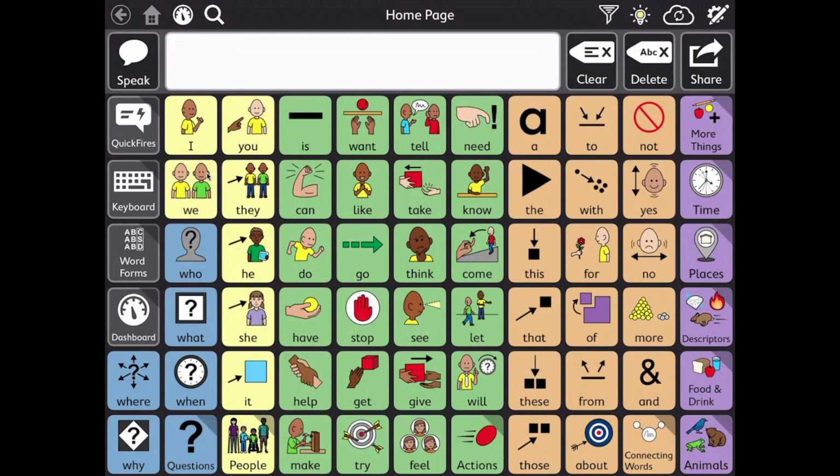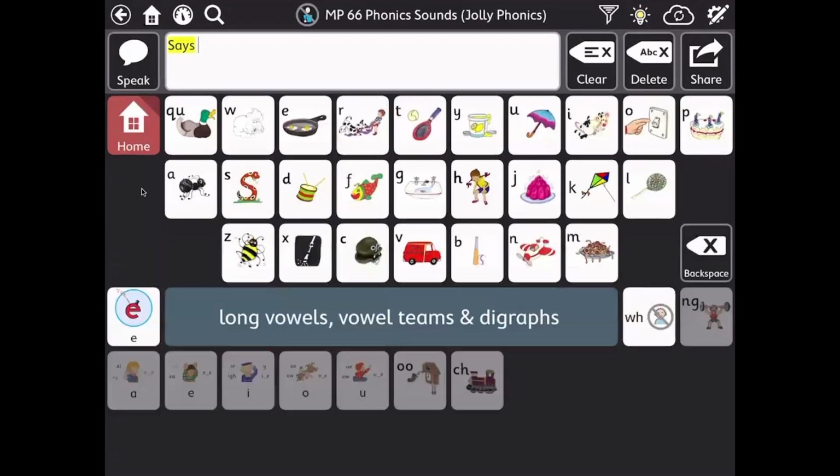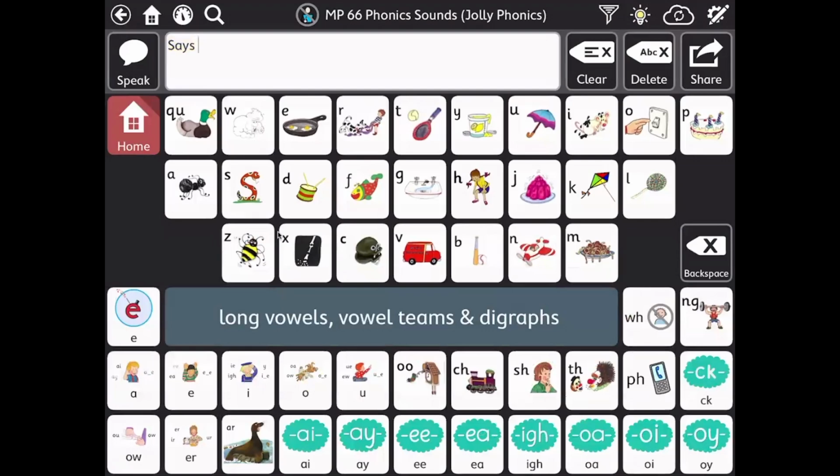The last thing I want to show in this video is the keyboard. This does come with a QWERTY layout, so like your keyboard that you use for typing on your computer. It does have word prediction. And I added, through another YouTube tutorial actually, a phonics keyboard. So you could say P says,